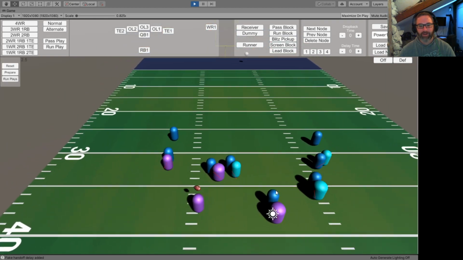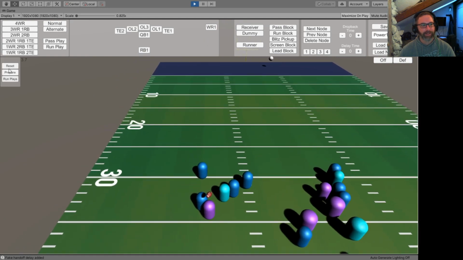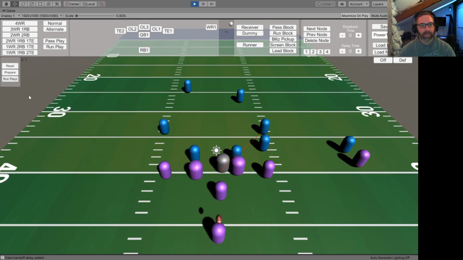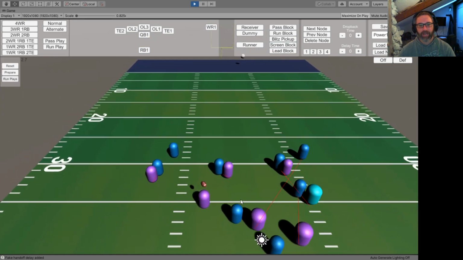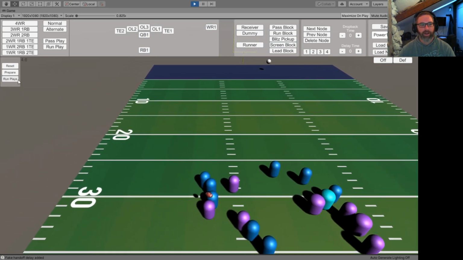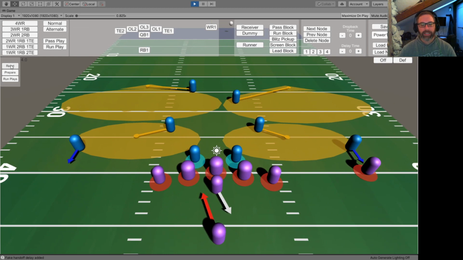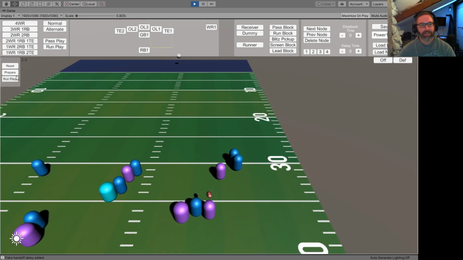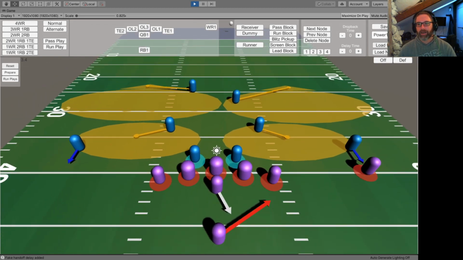See, yeah, there's a gray guy. He couldn't find his way to his guy. Oh yeah, the other thing I looked at this morning, I had forgotten I made this decision a long time ago. If you notice, everybody's basically one-on-one blocking. That's by design. I had double team blocks in there. You'll see double teams once in a while, but for the most part, it's one-on-one blocking. And that's because, ooh, there, get him. Yeah, bad cut. And that's because